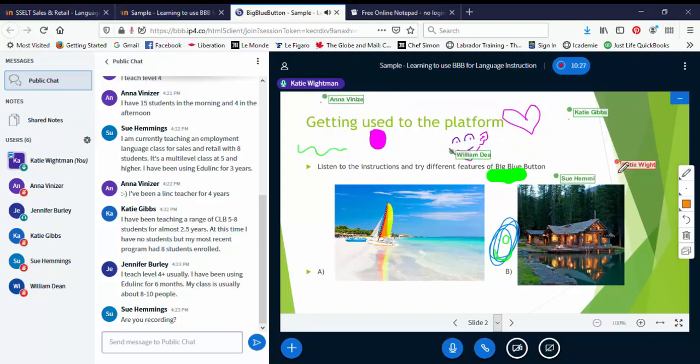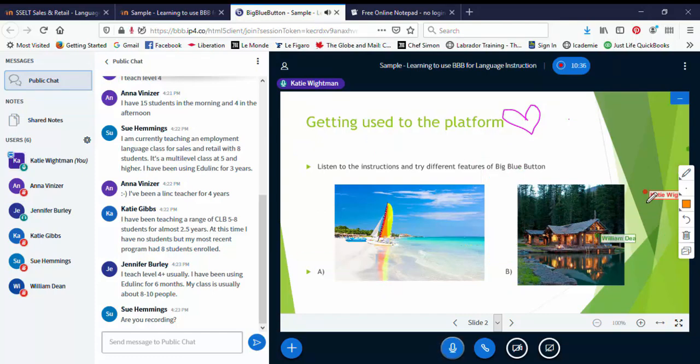So students, I'm going to ask you to stop drawing, please, and then click the garbage can on your right-hand side of the screen, and you will see your drawings disappear. Thank you. All right, so we've chosen a pencil, we've changed the color. I can have students choose different colors for underlining different parts of speech, or true or false items, or even their preferences. So in the same place where the pencil is right now, it always shows up with the last